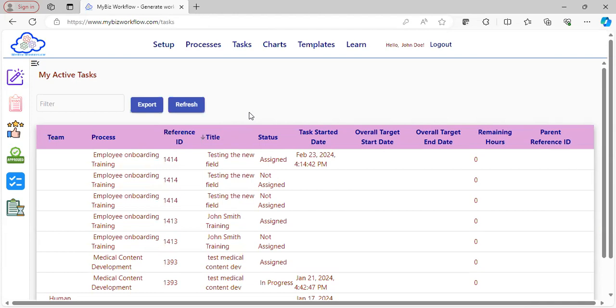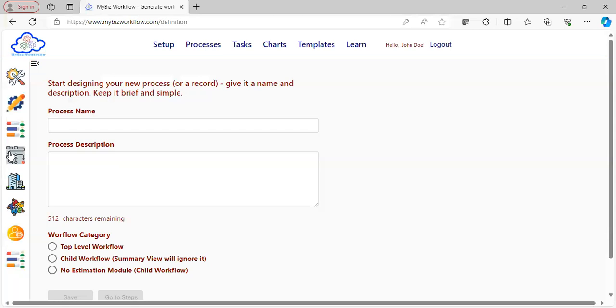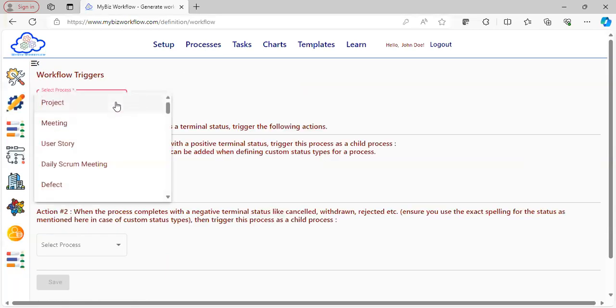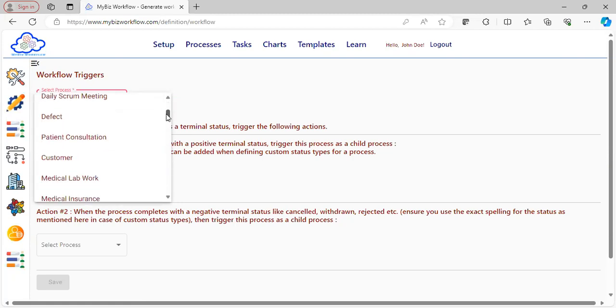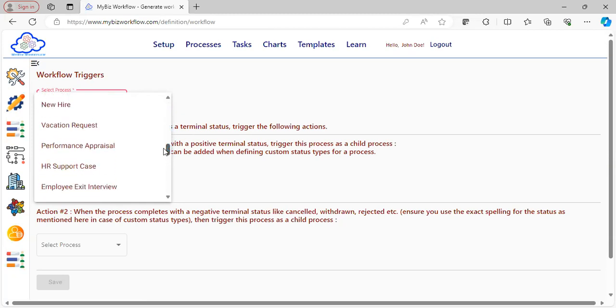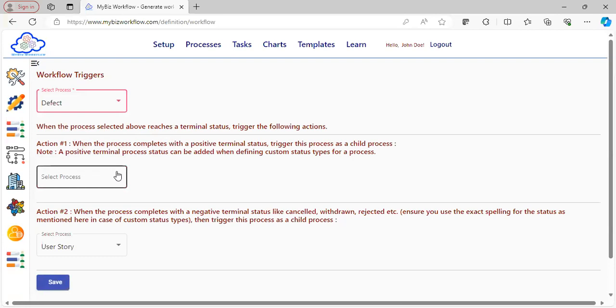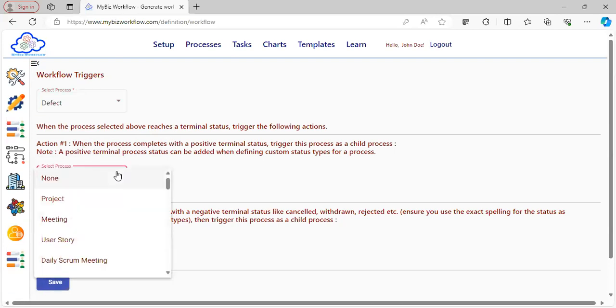There's also one more feature here where you could actually have process triggers. Let's say you complete a process. Let's use something. Which one can I do? Maybe I could do a user story or maybe a defect. Is there a deployment task or a process here? I don't know. There is something. Let's say you complete a defect, right? Once it is completed, you want to trigger one more process, right? Which could be